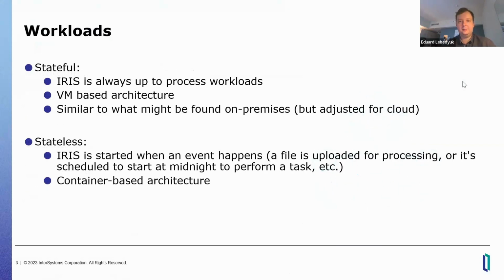When we deploy Iris into the cloud, we found that there are two base patterns, architectures, if you will, stateful and stateless. If you need Iris to always be up to process workloads as they are coming, that would be a stateful architecture. Usually you use virtual machines, and actually it's pretty similar to what you might find as an Iris installation on premises. There are some adjustments for cloud, certainly, especially networking,